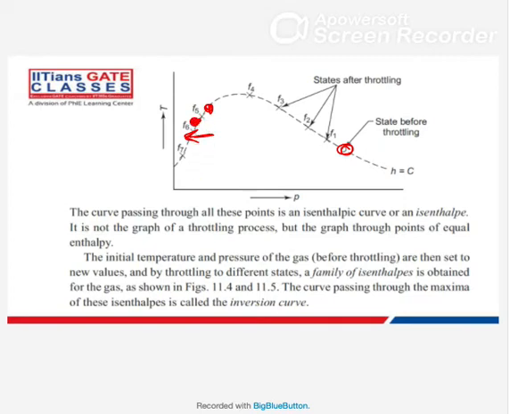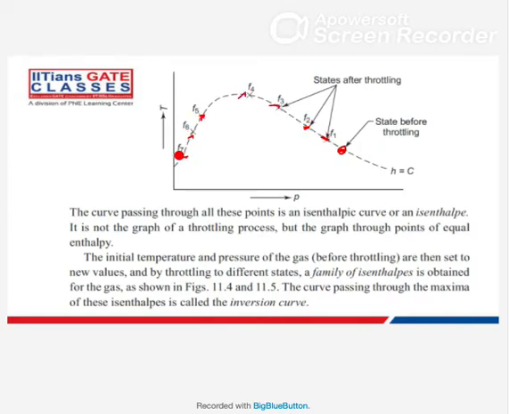You are very sure that temperature will decrease, definitely decrease. That means it depends upon your initial condition also. If the initial condition is here, then you will have to expand so much. But if the initial condition is somewhere here, then you are very sure a small expansion will also give you a reduction in temperature. Now this was the initial condition, and after different throttling, you got different points here.